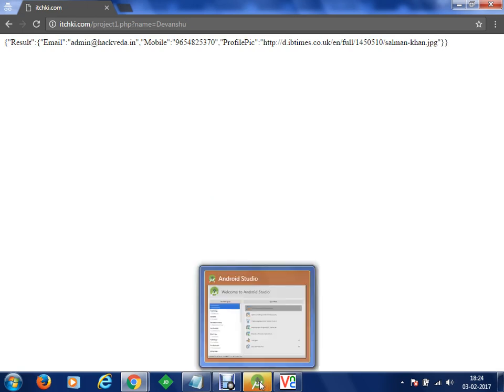The name has to be in uppercase. Depending on the code, this is the output. Now we have to consume this output in our Android application project.